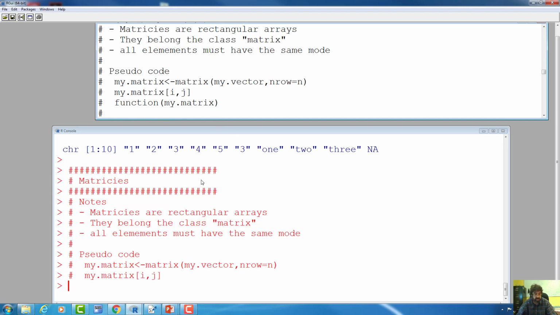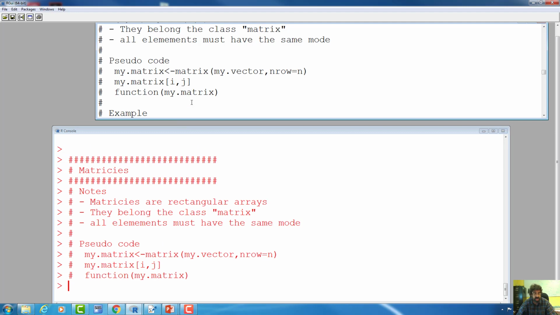How would I refer to the data in the ith row and the jth column, once I've created a matrix? So experimental unit i, for example, jth variable, what's that value? I would type my matrix, i, comma, j in brackets. And then once you've created your matrix, you'll apply functions to the matrix, just like you would any other